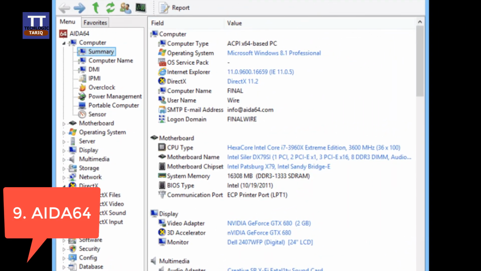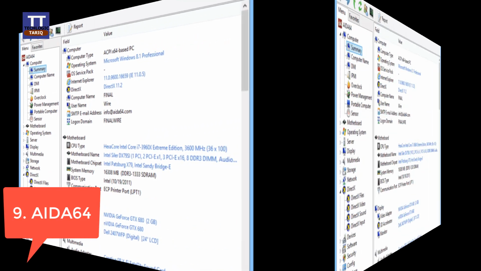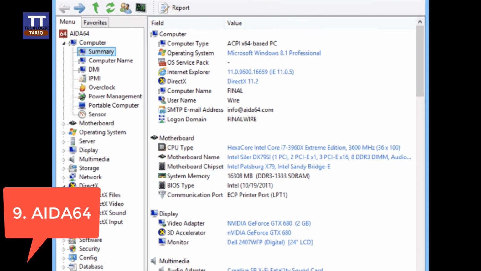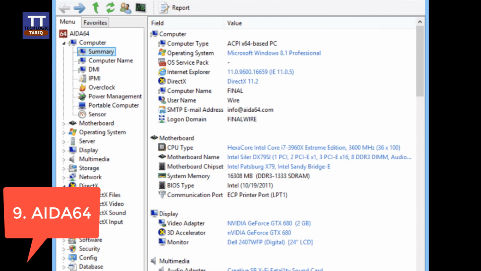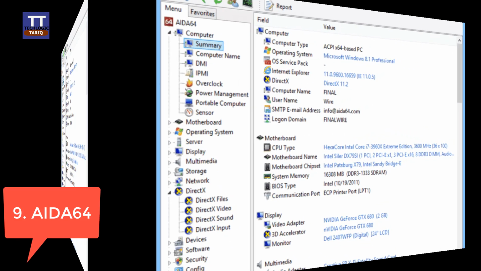Number 9 is AIDA64. AIDA64 is a premium software on the list which has lots of advanced features. Well, AIDA64 does not analyze every part of your computer, nor does it show an extremely detailed report. However, it shows the most relevant details that are required for proper system monitoring. With AIDA64, you can quickly check the temperature of your PC, motherboard, CPU, PCH, GPU, SSD. Compared to all other tools, the reports of AIDA64 are easy to understand.